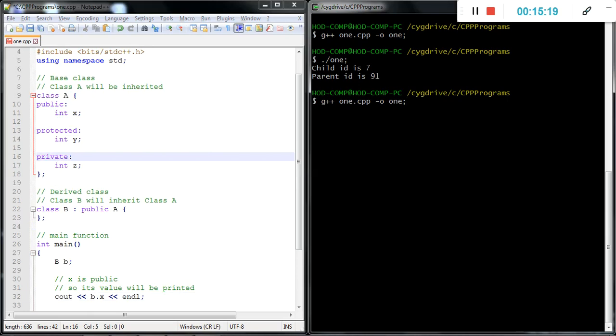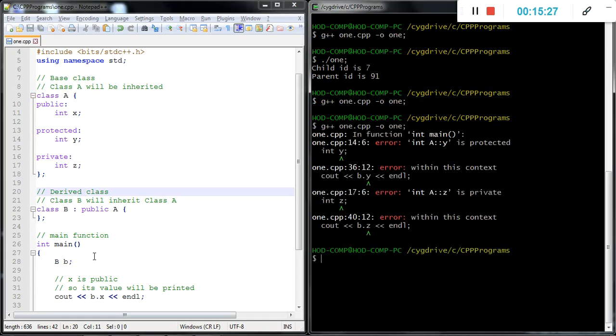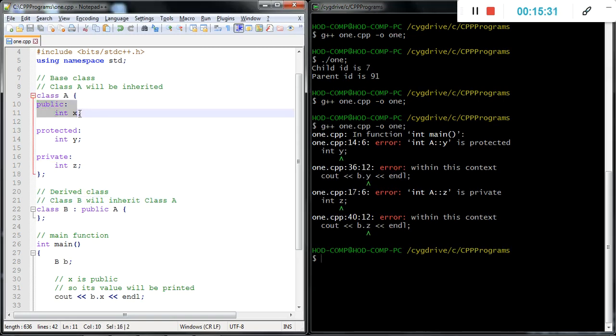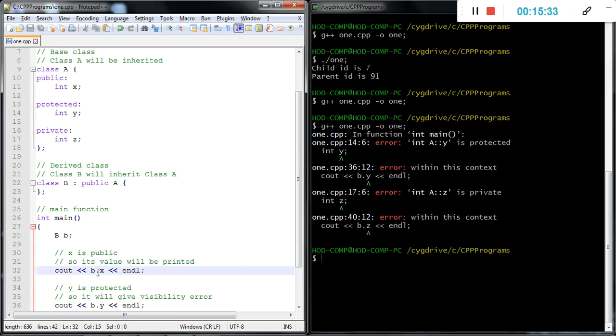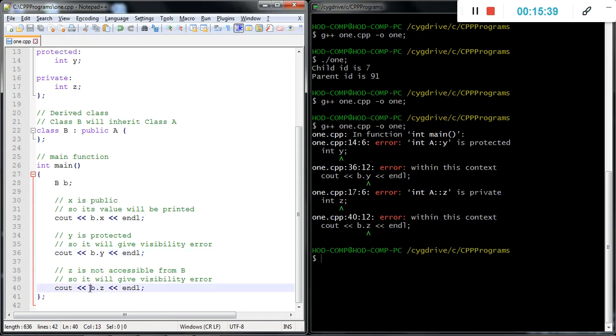It gives an error because protected is not accessible. Once again we need to save it. Protected x is accessible inside B, but b.x, b.y and b.z are not visible, and it gives an error.